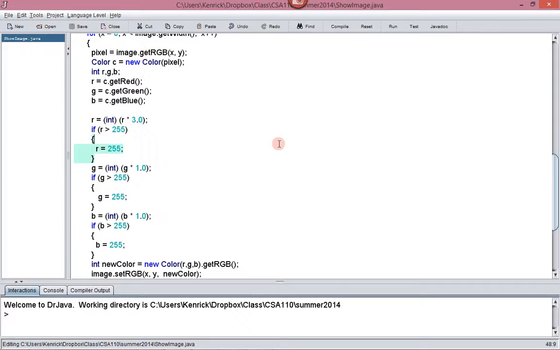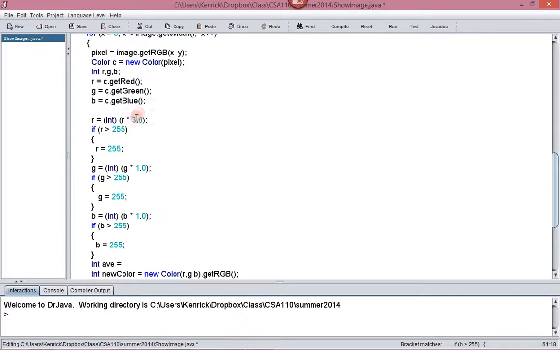We could also change them to grayscale really easily. And so a grayscale image would be where the red, green, and blue are all the same, but they range from 0 to 255. And so if they're all zeros, then you get black. If they're all 255s, you get white. If they're all 127s, you get kind of a gray. And so we could average together the red, green, and blue, and then that becomes the new number we use for each. So if you want to do a grayscale here, you could say int av